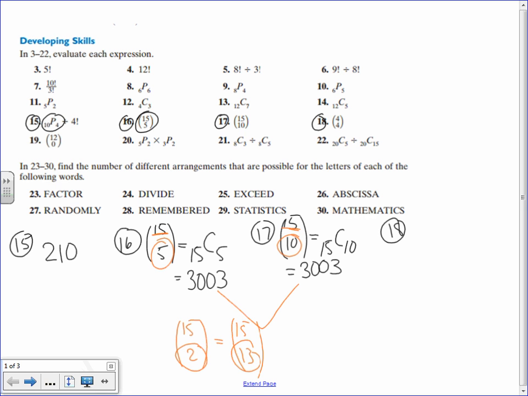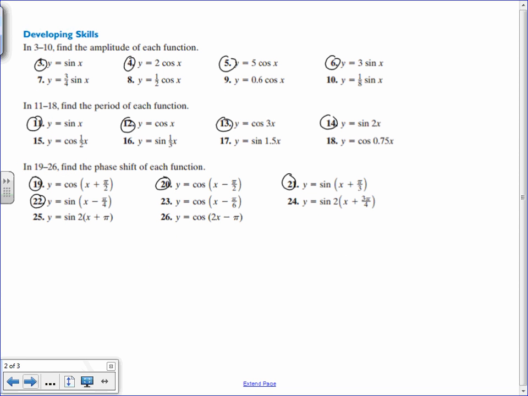And then for 18, that's just going to be 4 choose 4, which, again, you do in your calculator. 4 choose 4, and you get 1. Alright, easy. Moving on to the next page, this is the trig stuff that we were talking about in class,